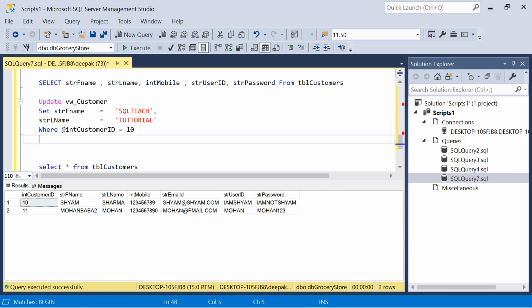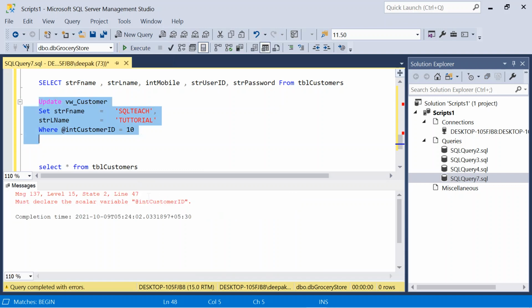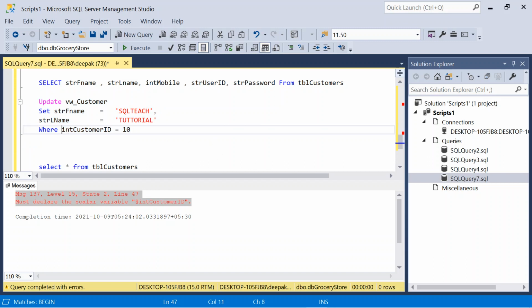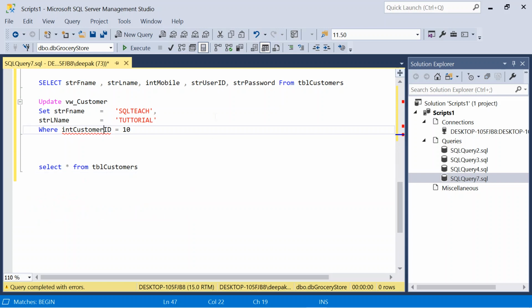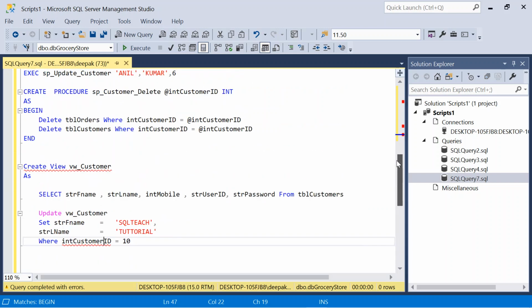So suppose we pass 10 to this. No, since I'm not returning the int customer ID column in my view, there is an error: invalid column name customer ID. There is no customer ID in my view, so I need to update the view.